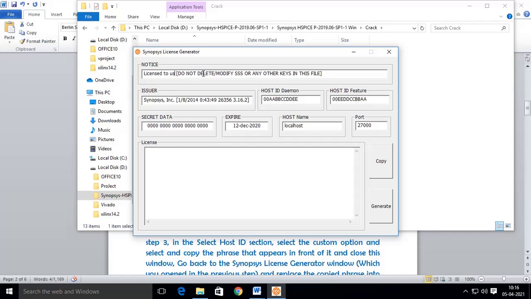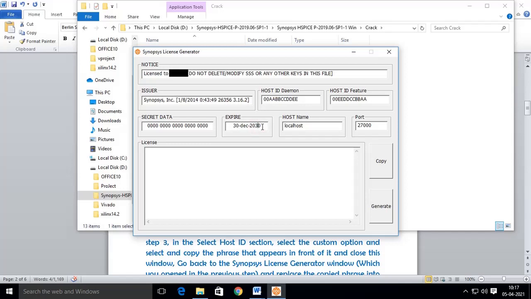The username is not your computer host name. You can check the username by typing echo %username% in your command mode.